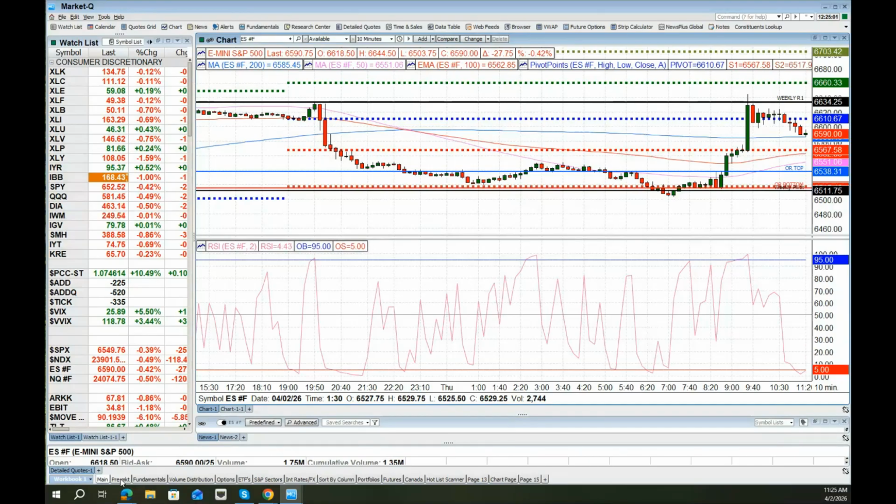it starts with my homework, and then I come in the morning and I'm pretty much looking through my watch list. I'm looking at what the equity indices did overnight. I look at the futures for that. That's in this tab right over here. I look at the ES, I look at the NQ, and I try to see what they did overnight, especially in these days. We have a lot of volatility, so there's a lot of levels that are forming overnight that I want to be cognizant of and pay attention to.